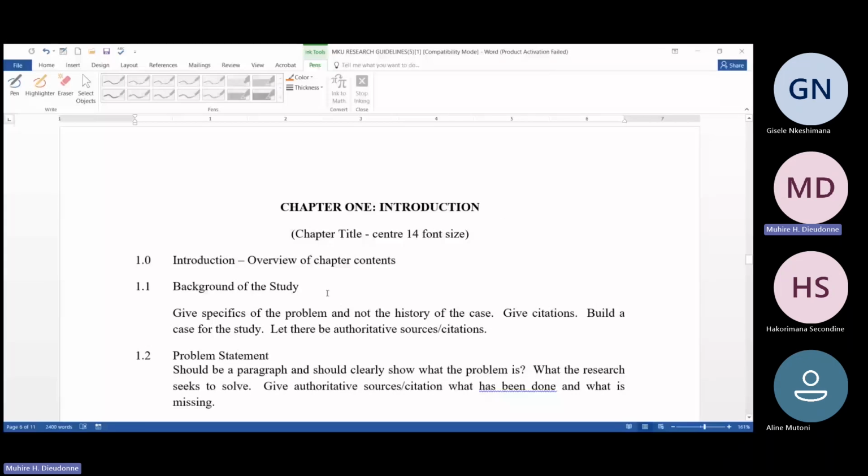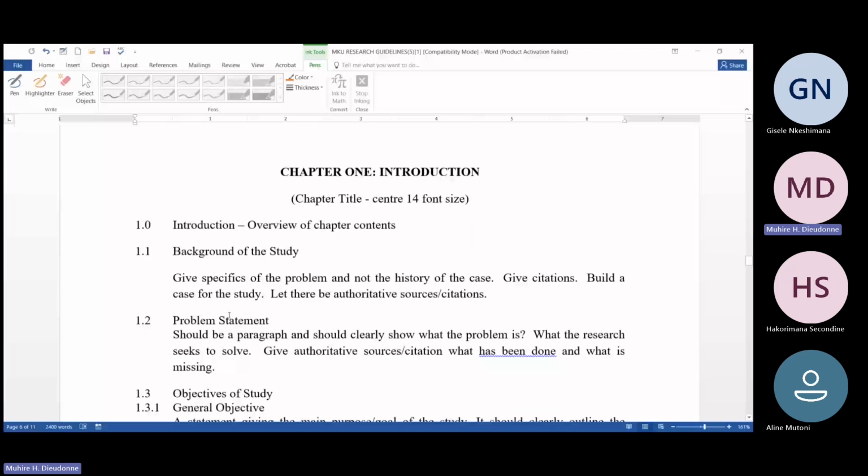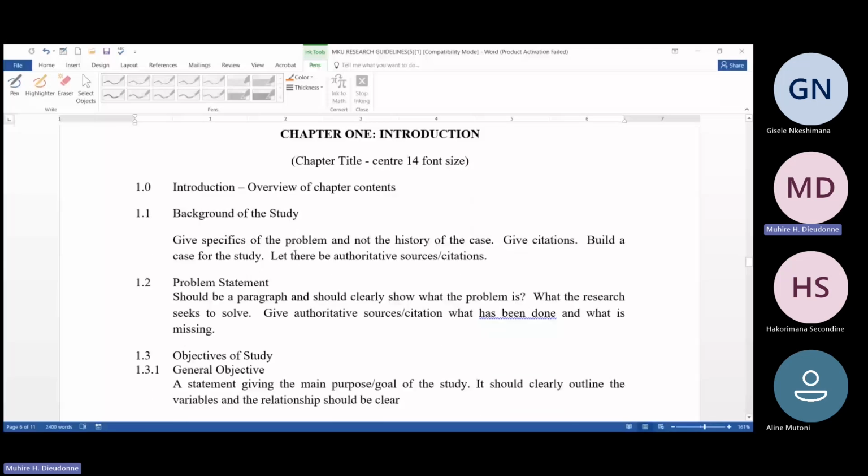But the background is where you must start your research, and in the background you must show clearly the background of the study